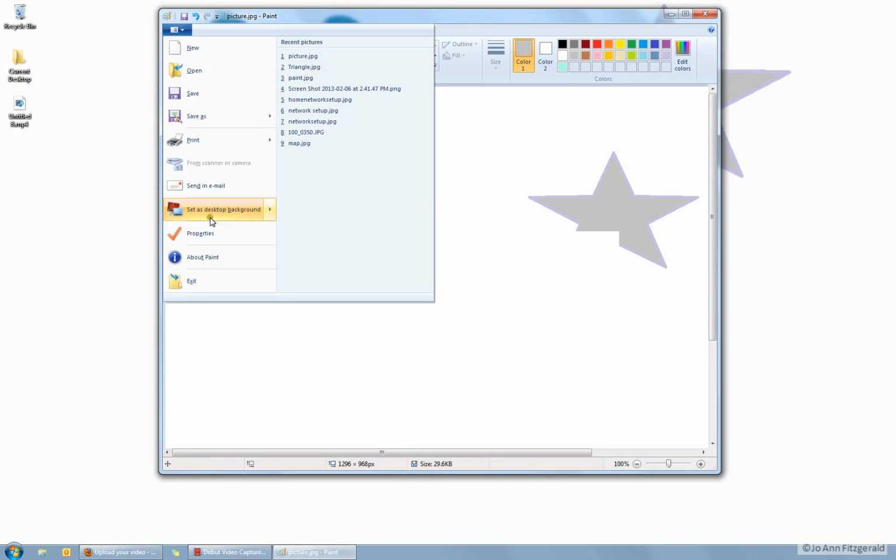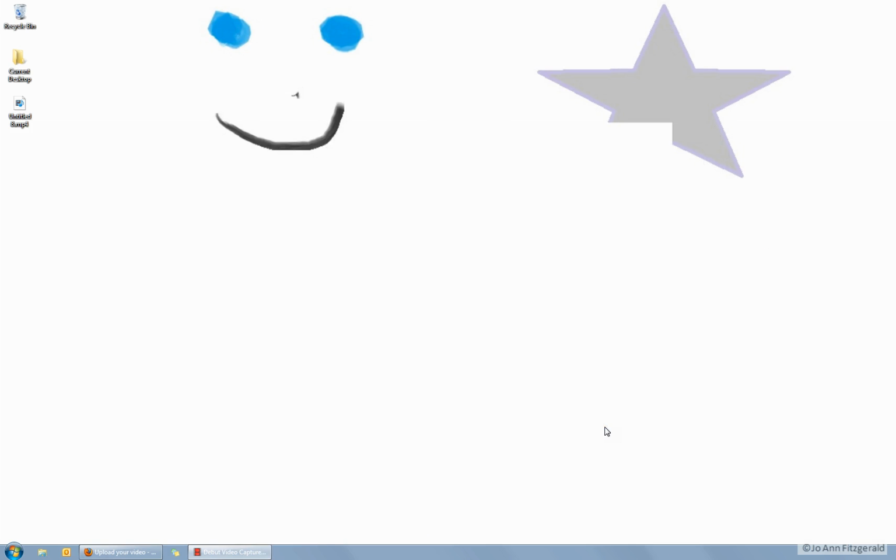Went back up here, left mouse button, and I'm going to exit out, which closes it. But because I changed my background, that's why it looks like that. So that's the basics on how to use